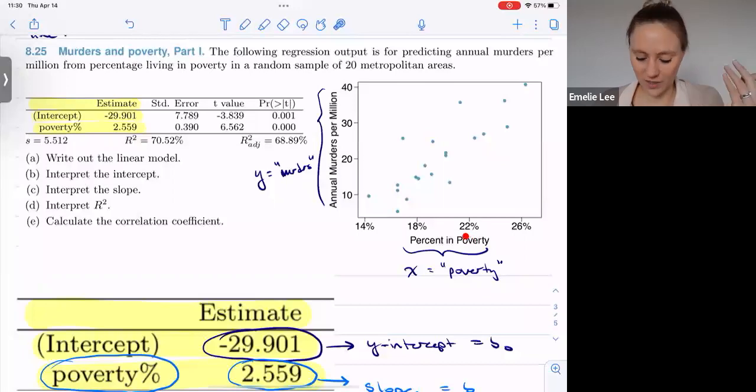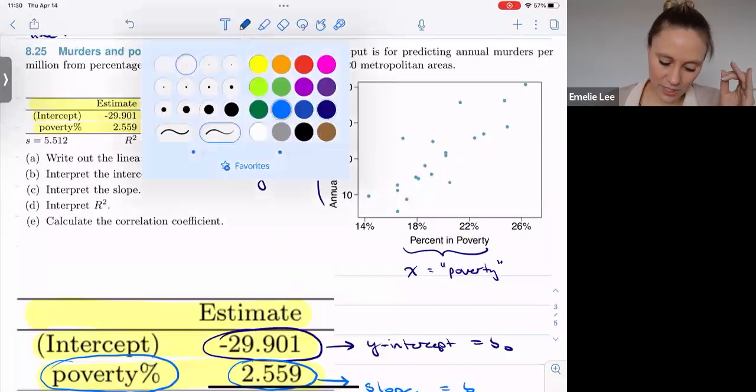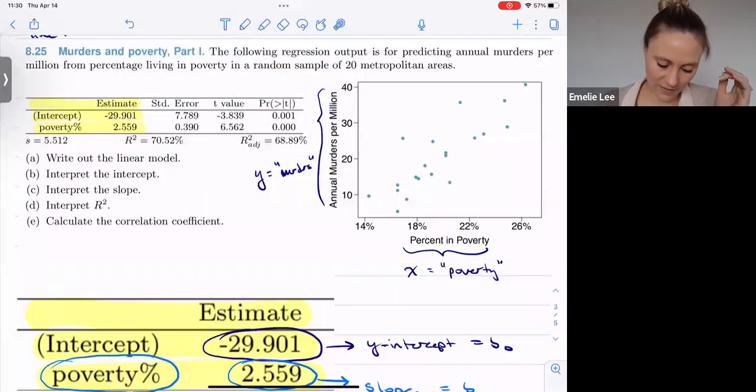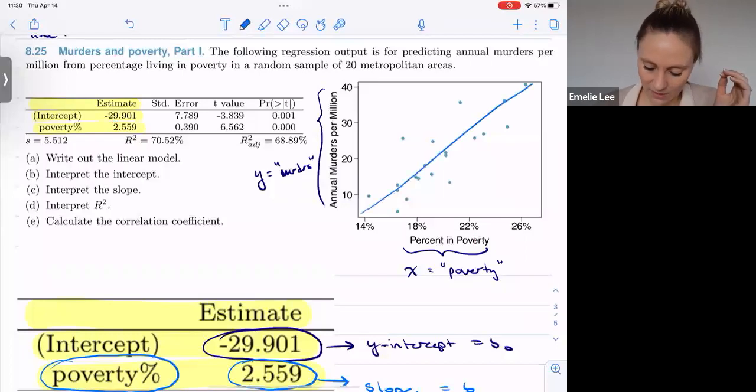And of course, it's not going to be that way on the final, but I just wanted you to see this scenario where sometimes the units have to be accounted for. Okay, and so what are we doing? Well, we can draw a line, but let's assume that this line with an intercept of negative 29 and a slope of 2.559